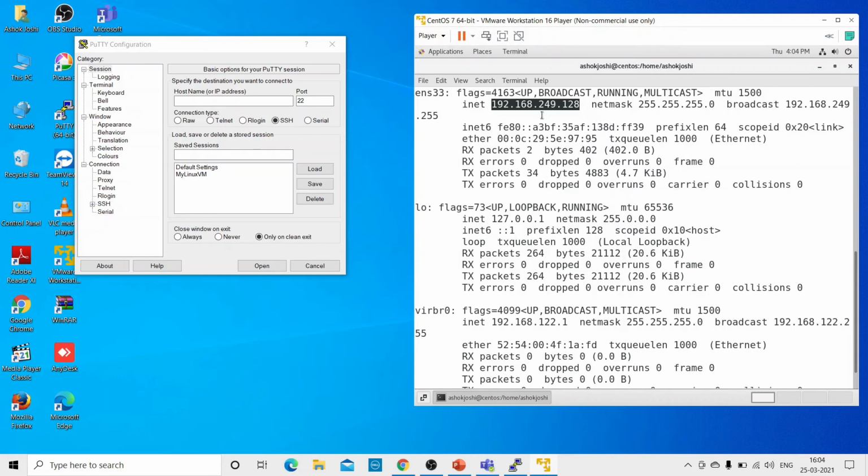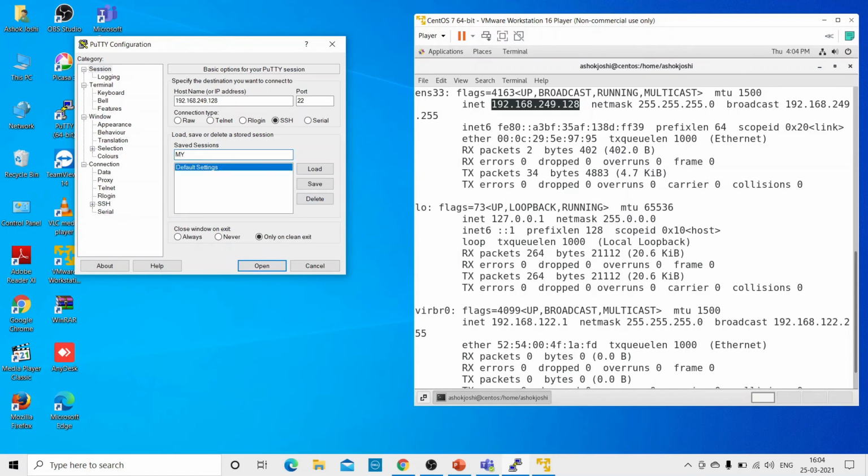Okay, so copy this and paste it here, and make sure that the port is always 22, and the connection type should always be SSH. Here I had my previous session written, my Linux VM. I'll just delete it. Now I will type along with you guys.